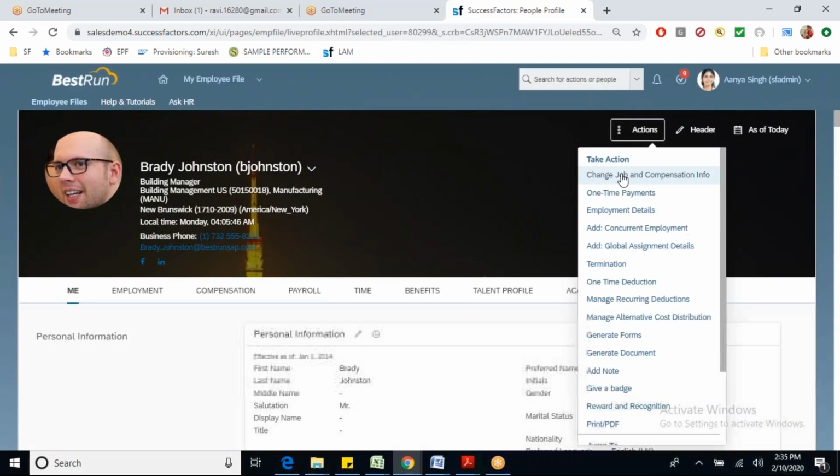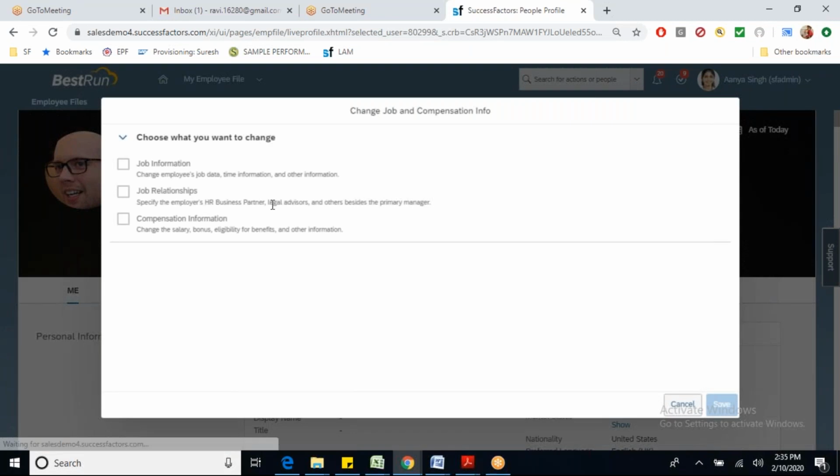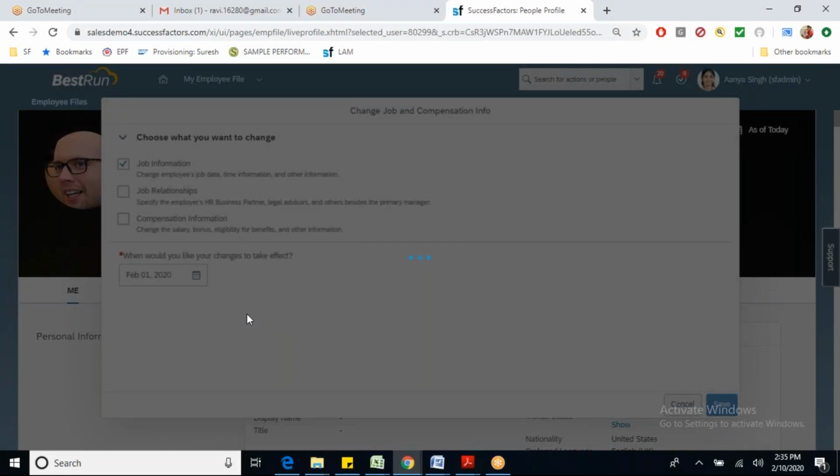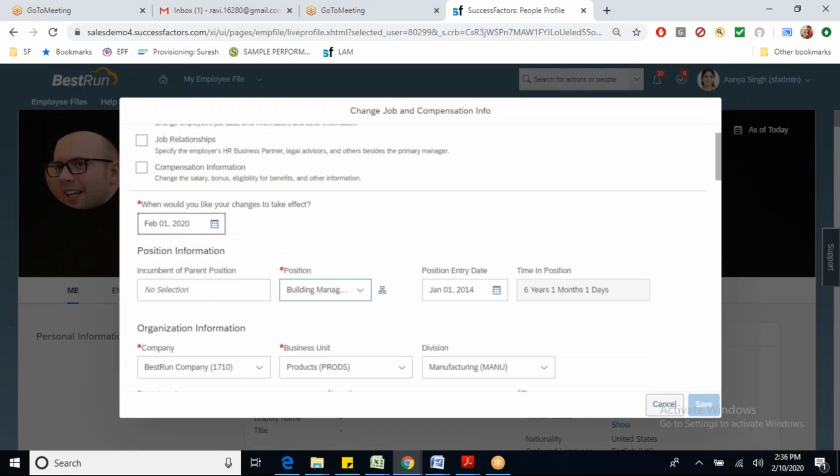If I go to action, change and comp information, select the job information, maybe from Feb 1st. See, I don't get any event and event reason here.